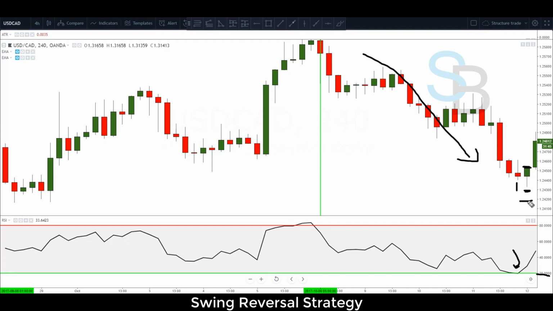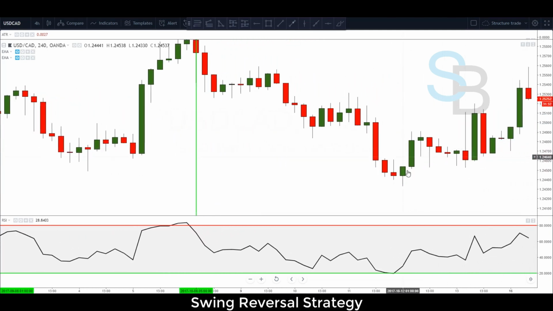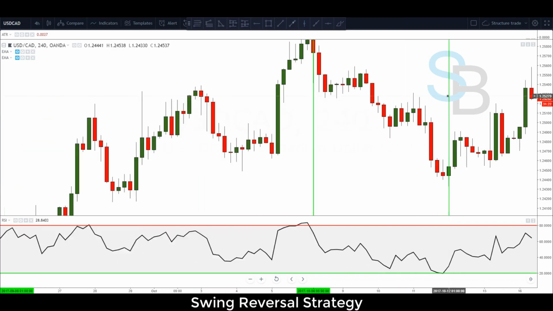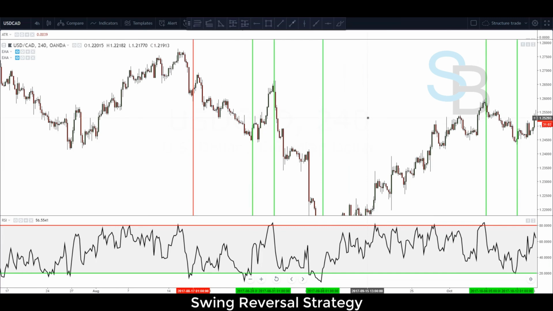We enter the market, stop loss 1 ATR below the low of that swing candle, targets at 1-to-1 initially, and let's see what happens. Of course, we get that nice push up, so that ends up being a winning trade. So guys, that is the swing reversal strategy. As you can see through this very small period of market data, this can provide some pretty accurate situations,